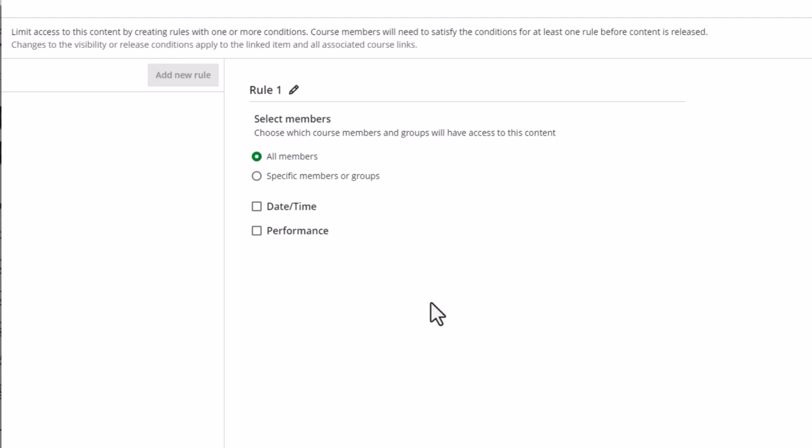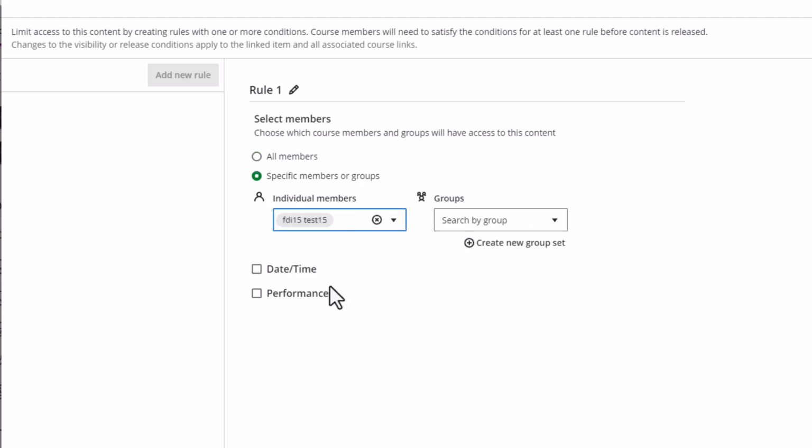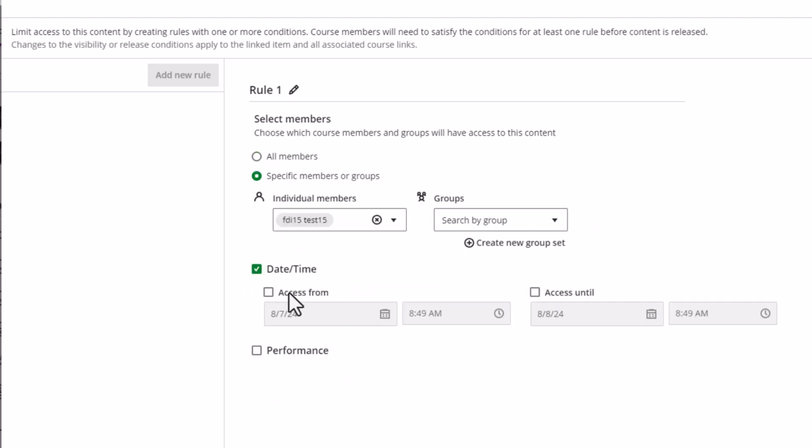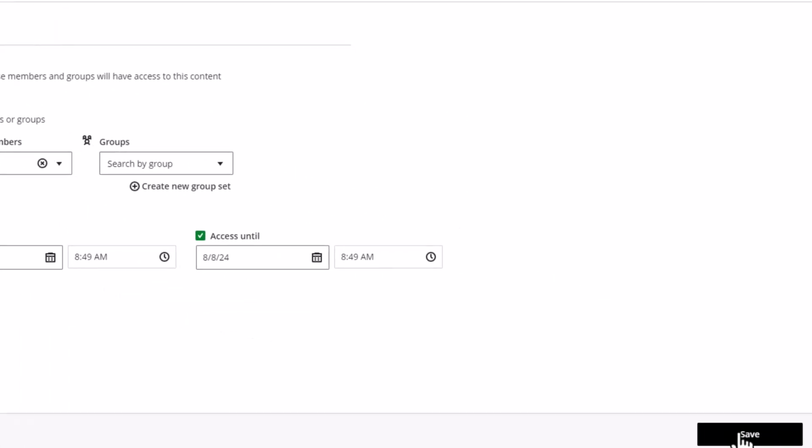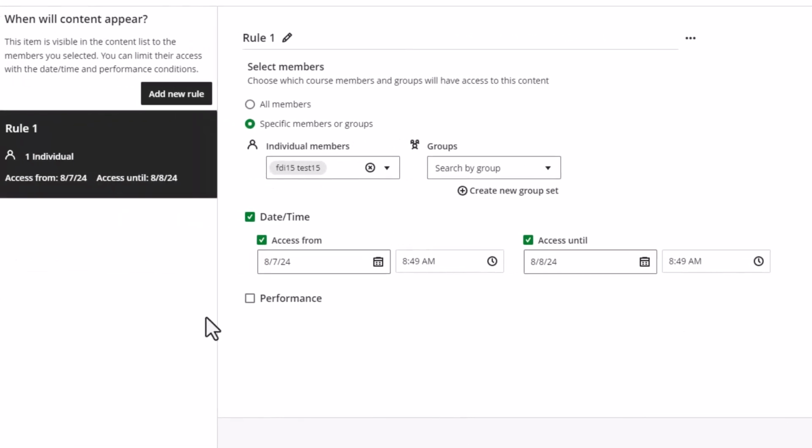I'm not going to go into a lot of detail in this video on exactly how you set up release conditions because the individual rules have not changed. So I can set it up so that FDI 15 can access it from August 7th to August 8th. And then if I click Save down here at the bottom right, that rule has been created. But you see now, I have 2 options that I didn't have before. One, I can name this rule by clicking on the little Edit button. I can also